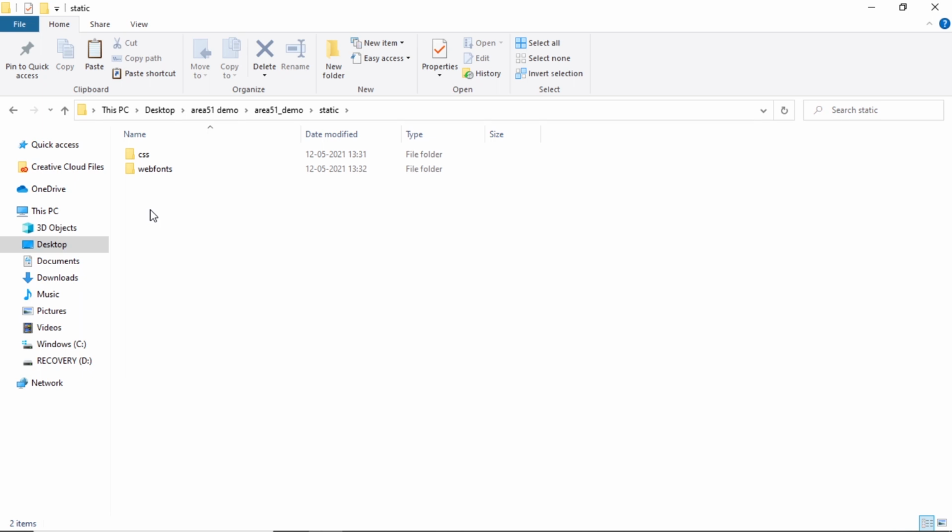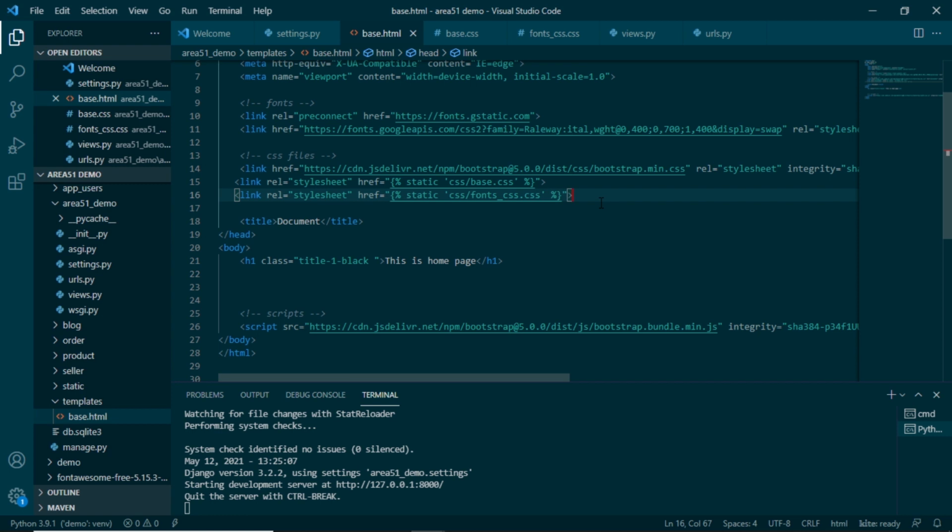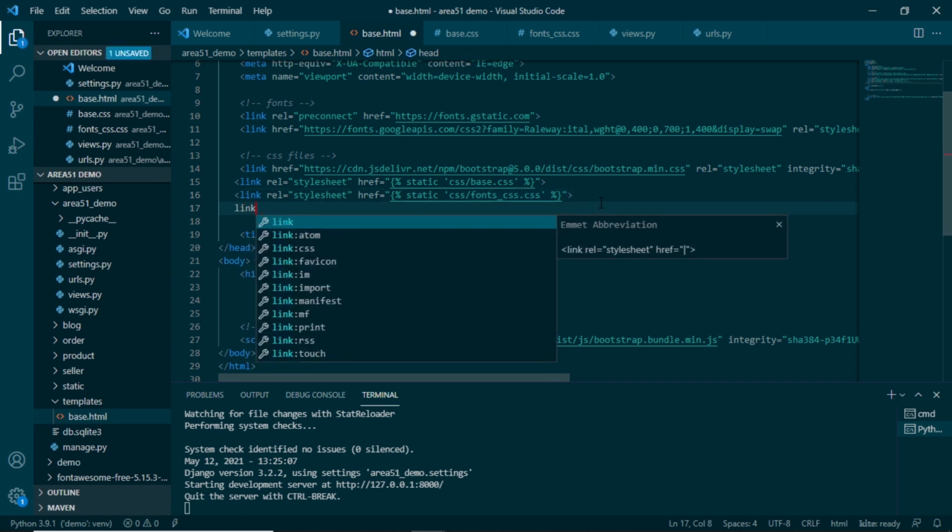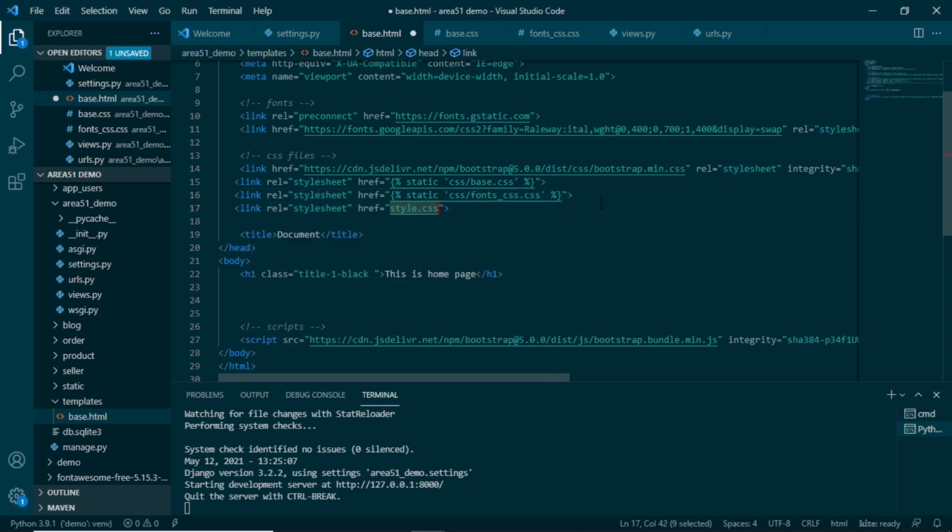Now the next step is to inform our main HTML page from where to take the Font Awesome CSS, just like we did with base.css. So let's see. Here just below the other CSS files I will use link CSS, and here I will again use static and I will inform it to go into CSS and take fontawesome-all.css, and we will save this. The setup for using Font Awesome icons is done. Now let's try to see a demo.